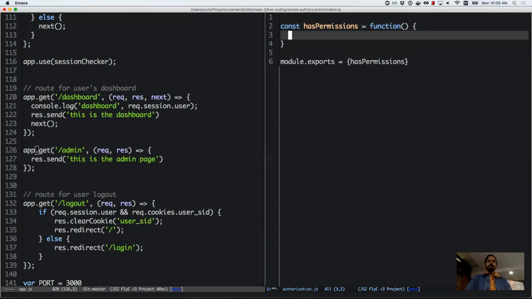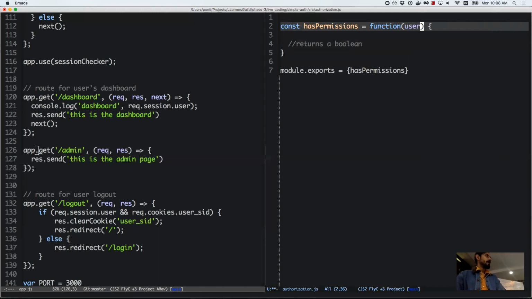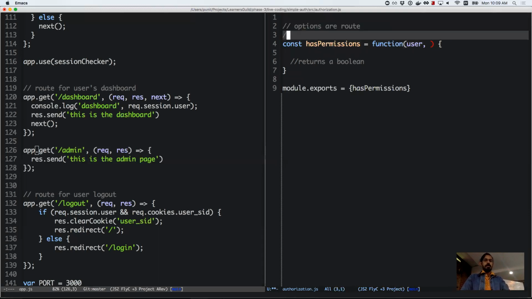Right, so this returns a boolean, and this takes in the user. And what else should this function take? The role? So the role is part of the user. Right? So user.role. The route, okay. Possible options are route. But then,